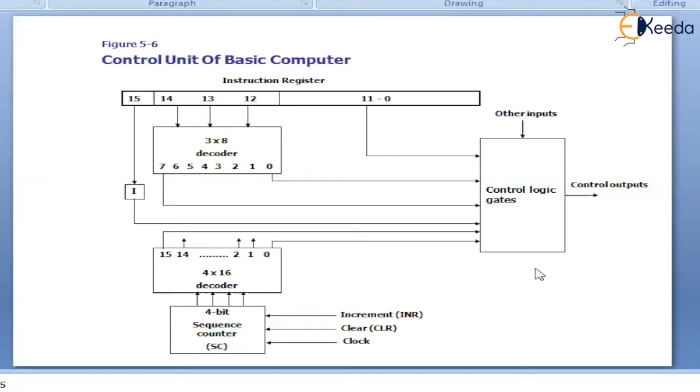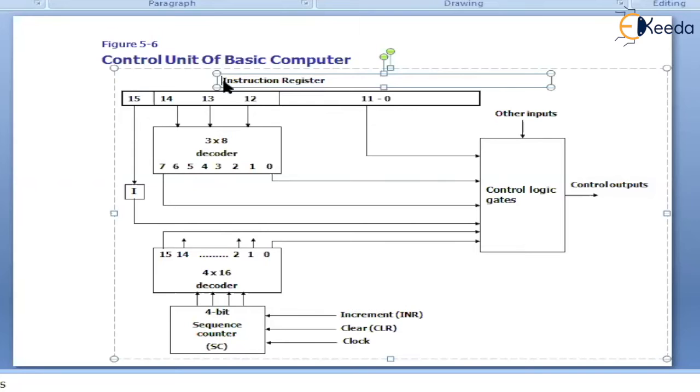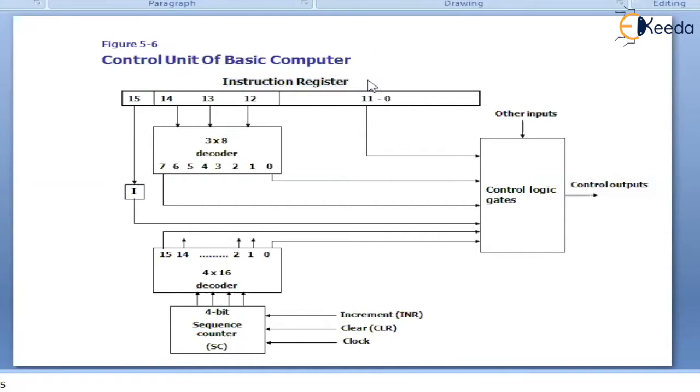Yes, it is. Now, let us say that one instruction is available in the instruction register. One instruction has been fetched to the instruction register. You know that after fetch, that is after T0 and T1, the instruction is available in the instruction register. Let us forget about even those T0 and T1. Let us understand the instruction register holds the current instruction right now. As the instruction is already fetched into the instruction register, the next part is decoding the instruction, right?